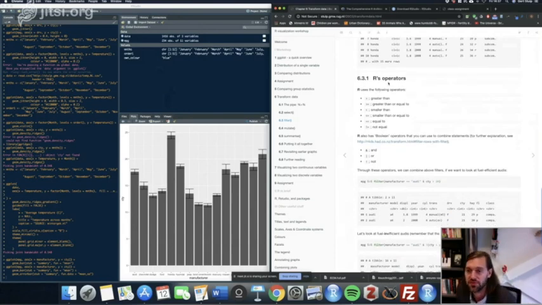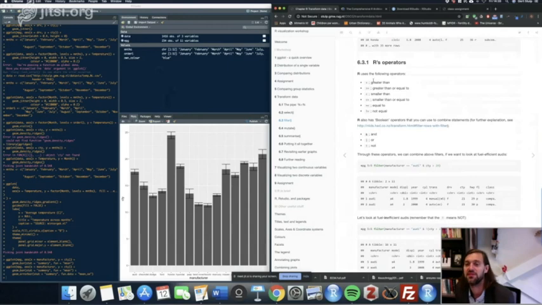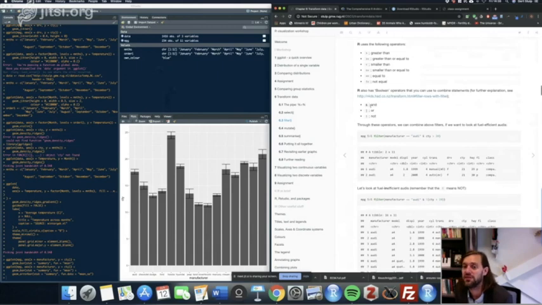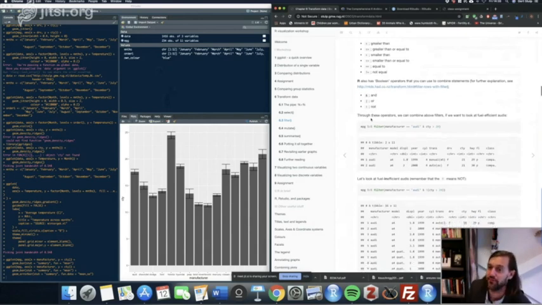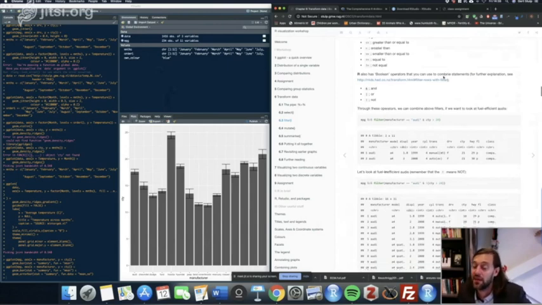R has sort of the usual operators and Boolean operators. So a greater than sign, greater or equal, smaller than, smaller or equal. This means equal to, so 2 equal signs, and not equal to means exclamation mark equal sign. And you have these Boolean operators. The ampersand stands for and, a vertical dash stands for or, and an exclamation mark means not. And with these operators, we can combine